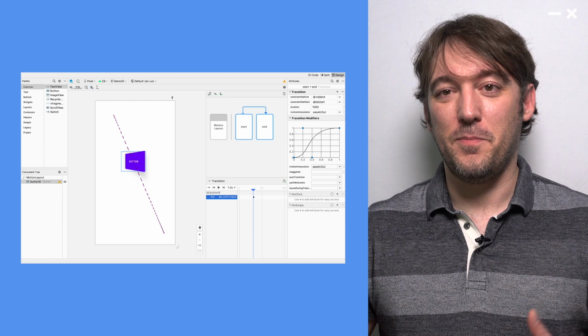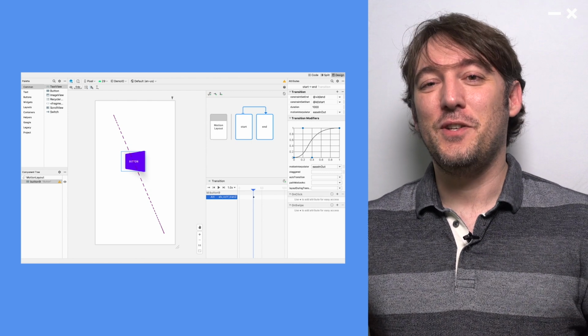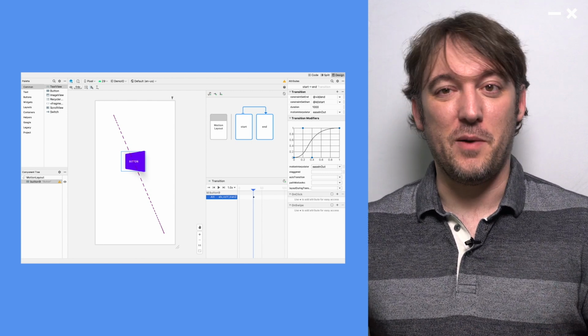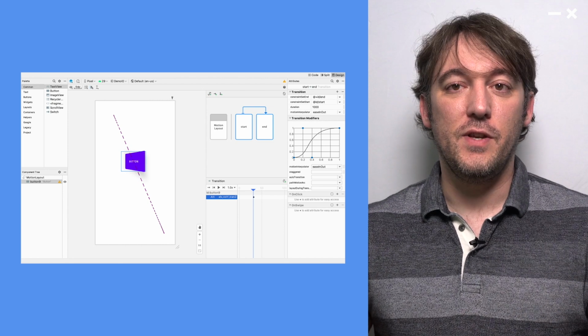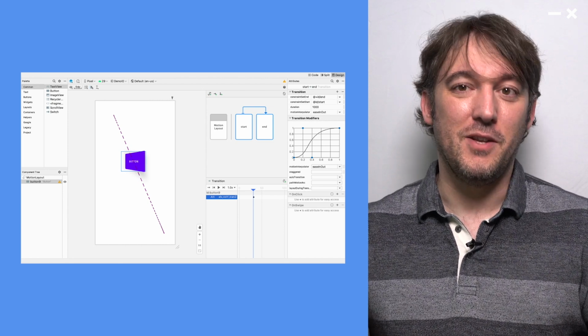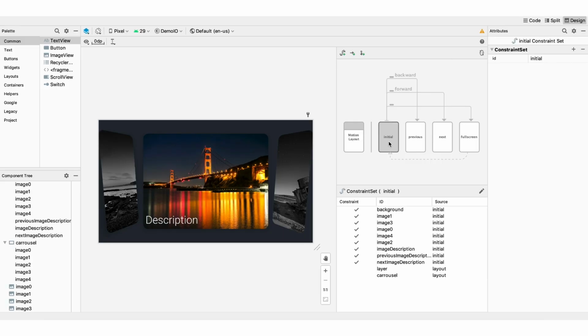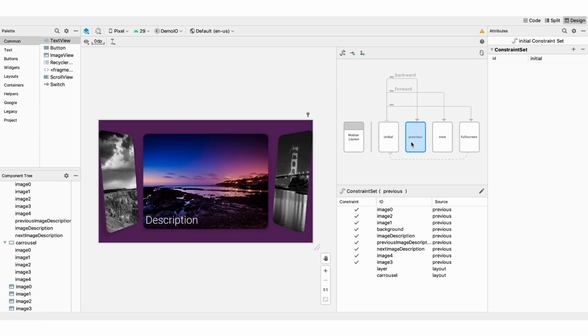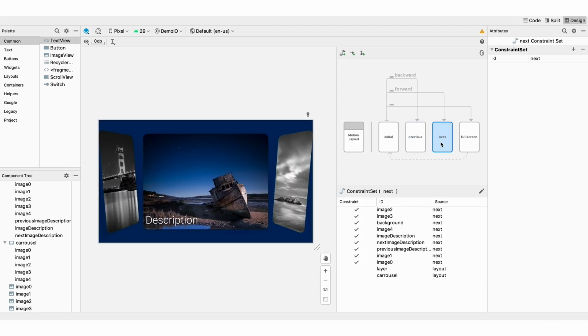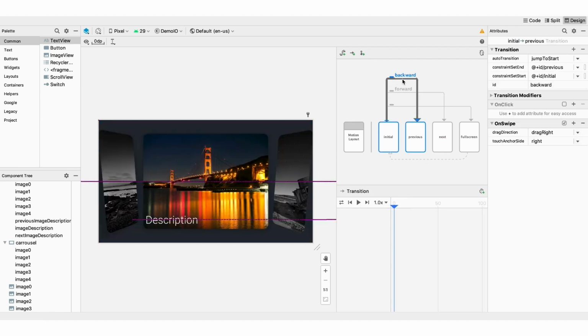Another thing we added is a better transition panel. So it's a lot easier to change and tweak those parameters, and specifically the easing curve is now immediately accessible. Here is an example of everything together in 4.1. So you notice here in that file, I have different states, and I can go and click on the different states.